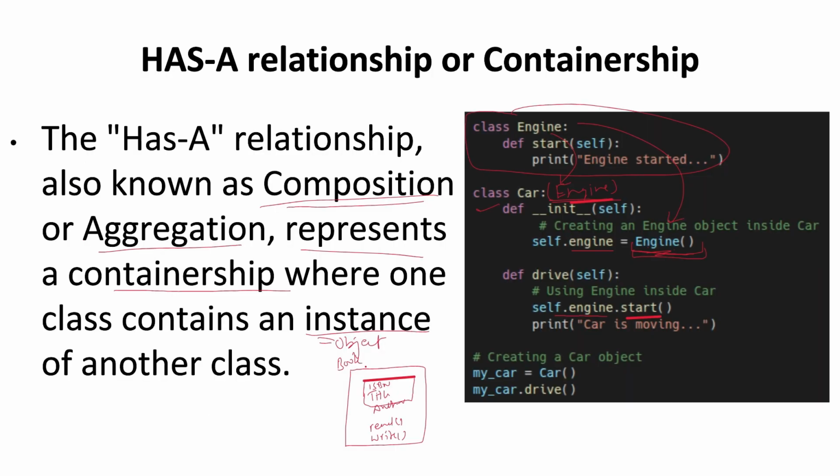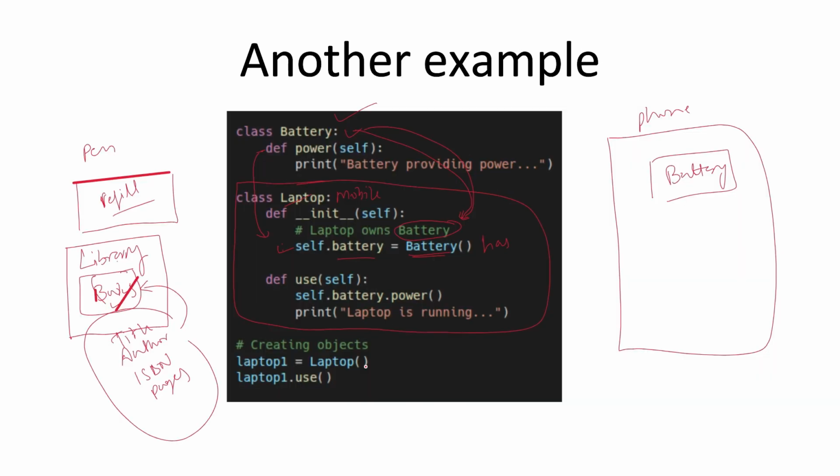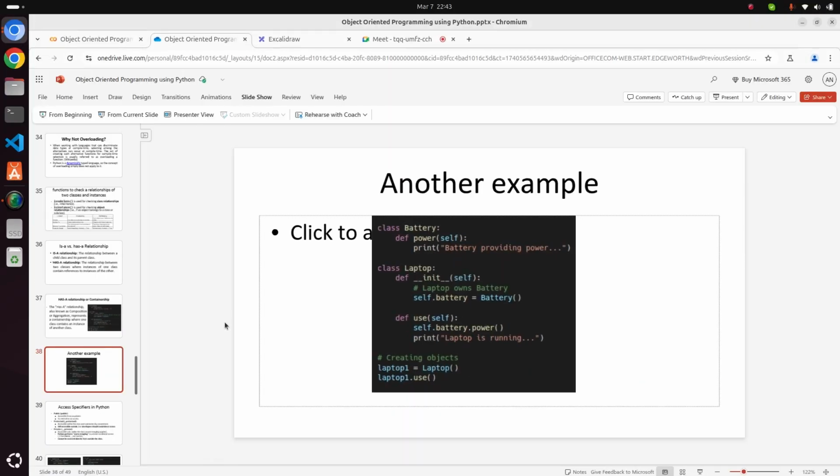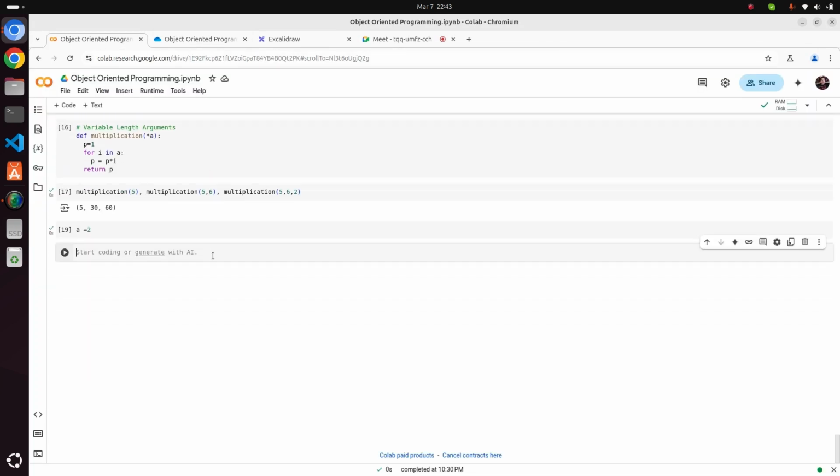Okay. Now we know has-a relationship. I will show you with the help of an example when we write the code. But right now, let's first create this example, then we will discuss this. Let me create a class, for example a class library, or okay, create class engine. Let's do it with engine. Later I will show you. We have to create a def with some method, start engine.